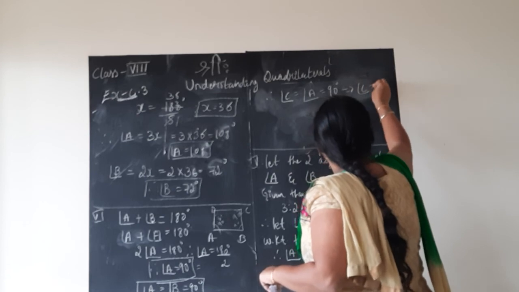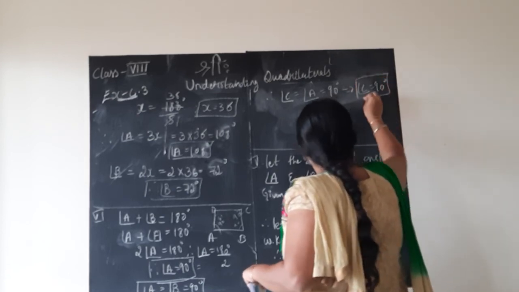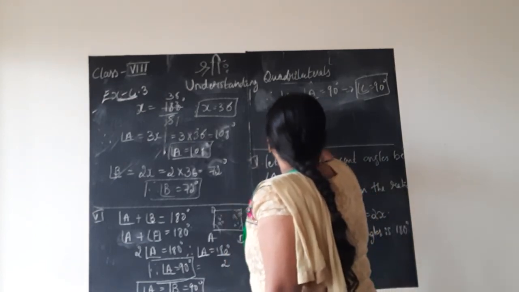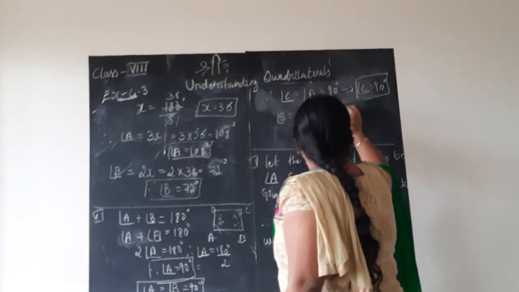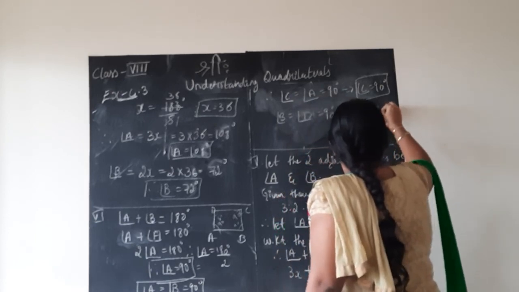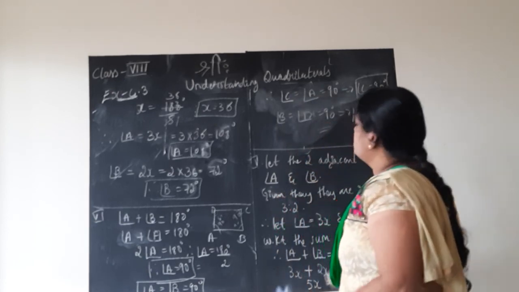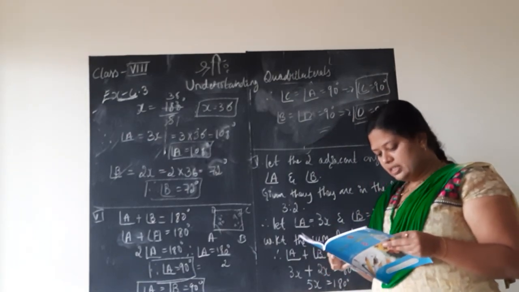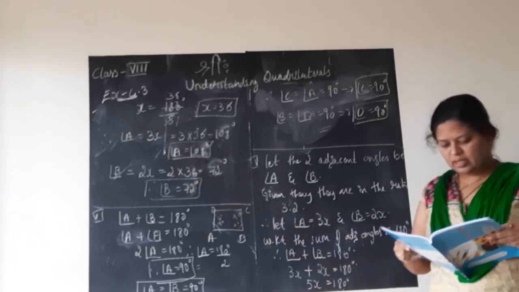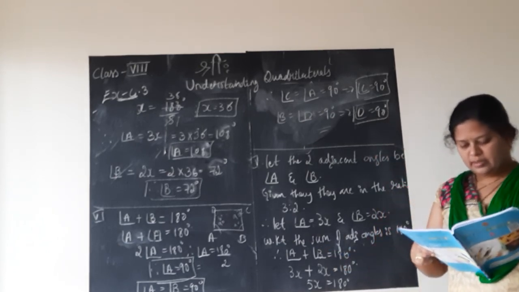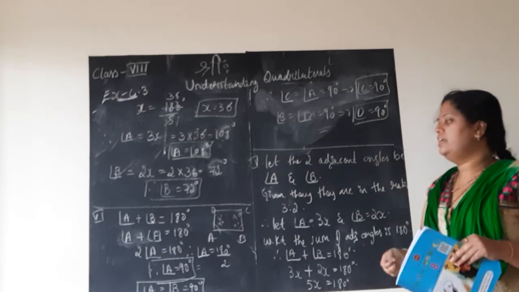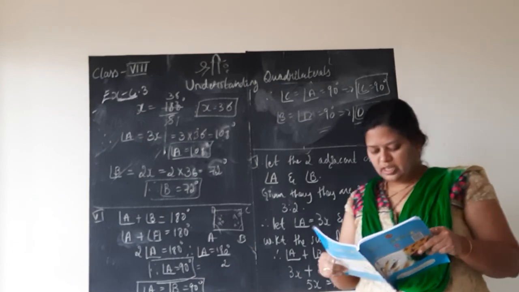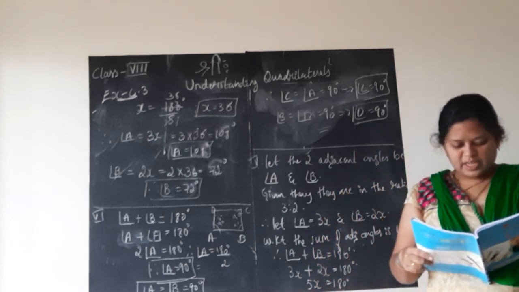This implies angle C is 90 degrees. Angle B is equal to angle D, which is 90 degrees. This implies angle D is also equal to 90 degrees. Hence we proved, what did we prove? If two adjacent angles of a parallelogram are equal, then we can find the measure of each angle. Yes, A, B, C, D, all the 4 angles we found out. That's all for the 6th problem. Very easy problems, children. We shall go to the 7th question. The adjoining figure